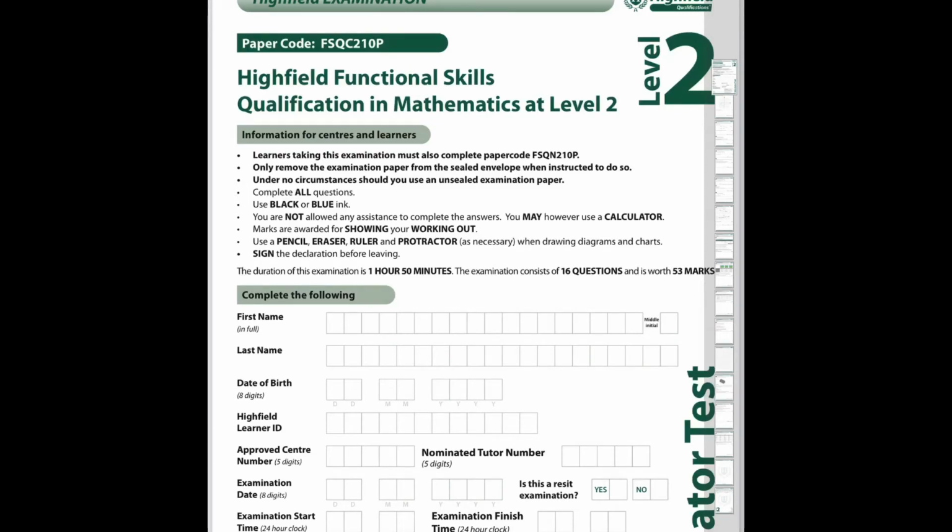So today we're looking at the Highfields Functional Skills Maths Level 2 paper. This is the calculator test, so you can use the calculator throughout for all of your questions. The key really is to show all of your working out, because some of the questions, as you can see here,